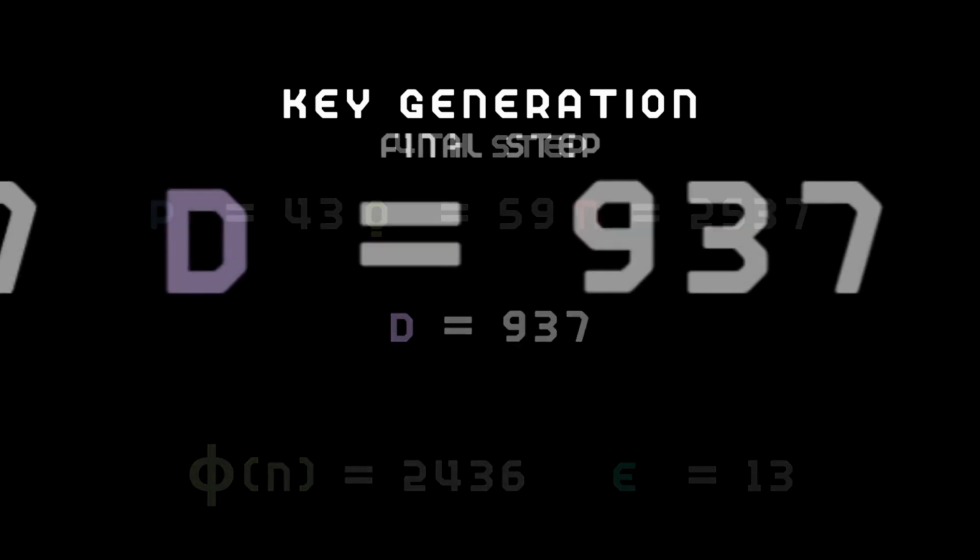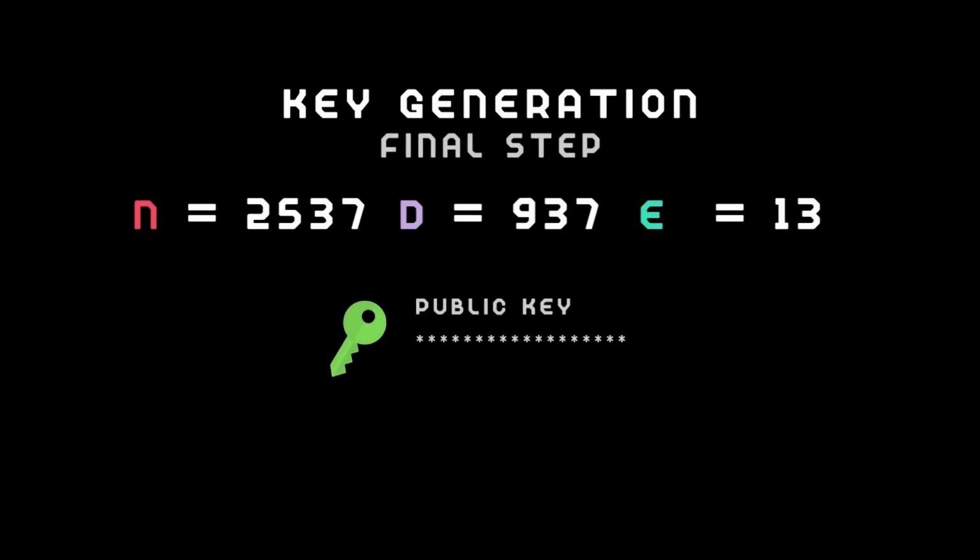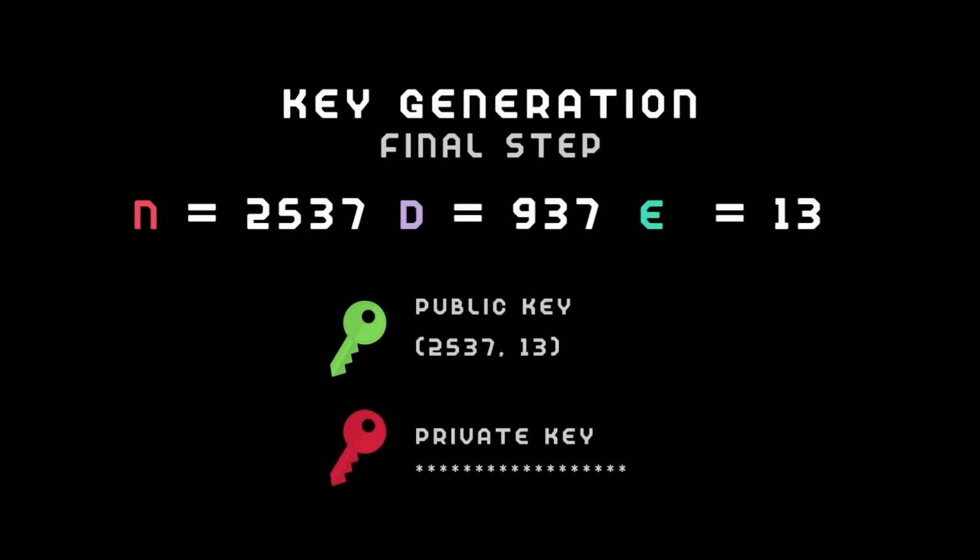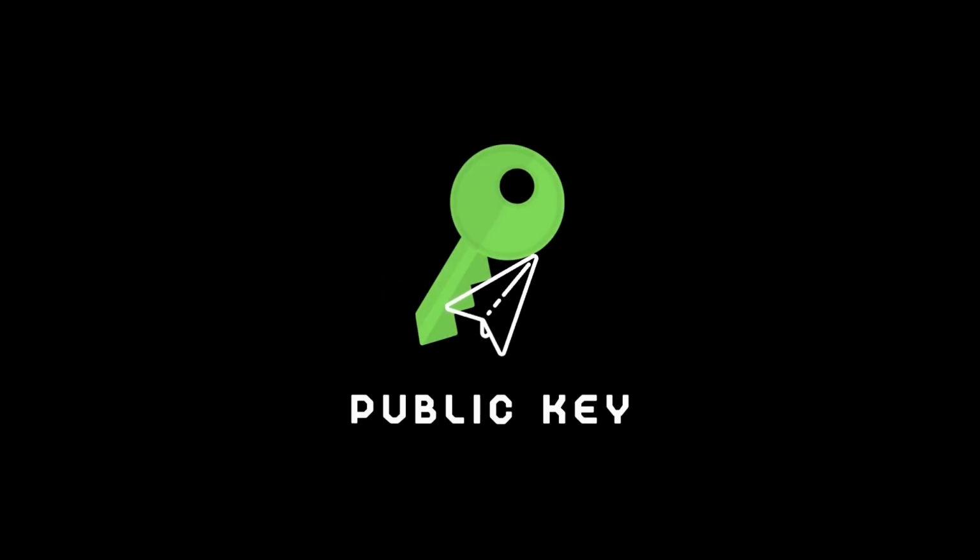From the values of n, d, and e, we could now generate our public key, which is n, e, or 2537, 13, and our private key, which is n, d, or 2537, 937. The next step after key generation will be key distribution. Only the public key, which will be used to encrypt the messages, is distributed, similar to the previous scenario between